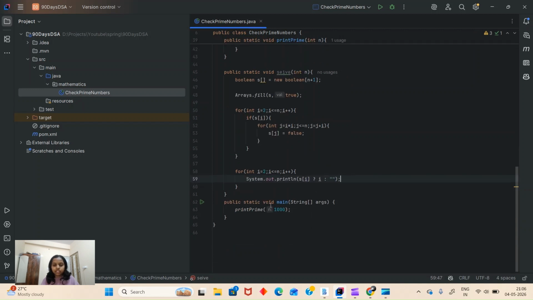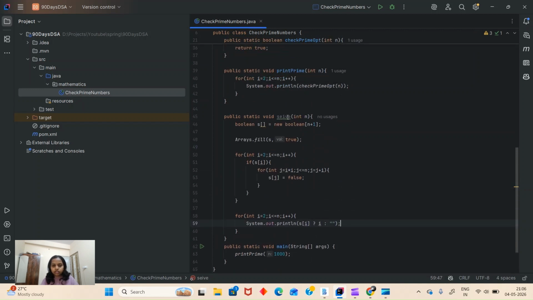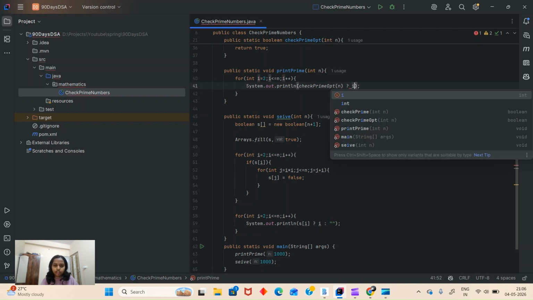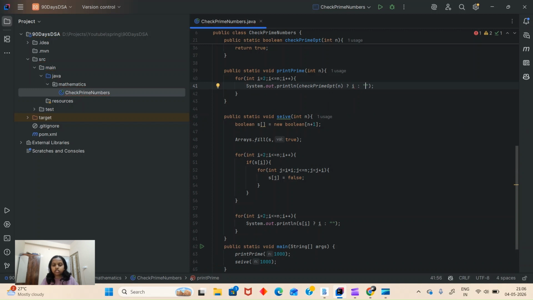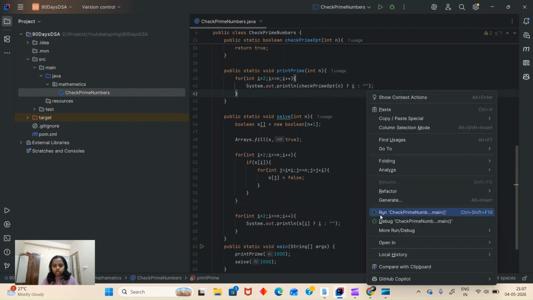Okay, now the same thing here. I'll do this with 1000, let's say. And in the print prime also, we are just doing this. So here I'll do if it is true, else it is just okay. Now if we run this, both should be the same.